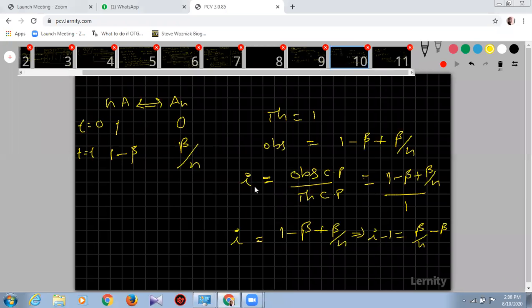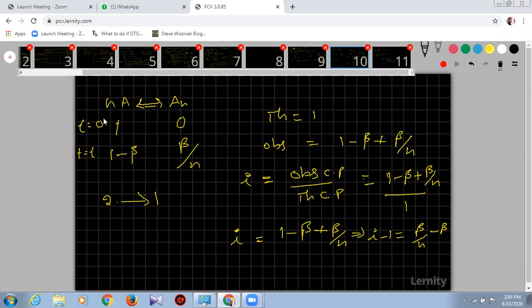i is equal to 1 minus beta plus beta by n. i minus 1 is equal to beta by n minus beta. So some people are getting 1 by beta by n out here. I will tell you, not dimerase, trimerase, like this one. If it is dimerase, suppose two molecules becoming one, then what becomes here? 50 were there, it is getting dimerase, 50 by 2 I will put. Then I will get 25.